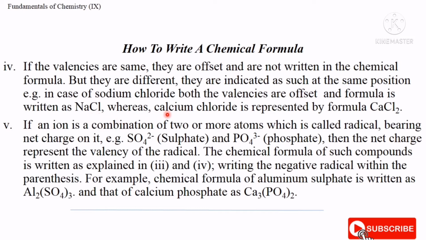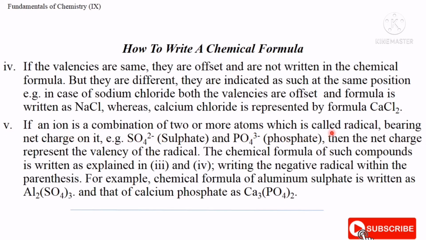Whereas in the case of calcium chloride, that is having formula CaCl2, as the valencies of calcium and chlorine are not same, but they are different, so it should be written as it is. Fifth and the last point to write the chemical formula is, if an ion is a combination of